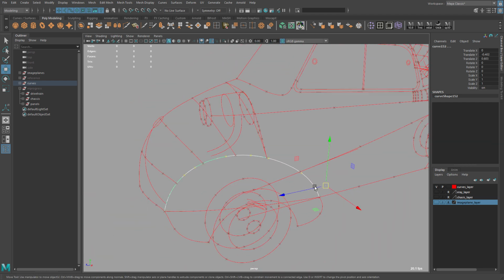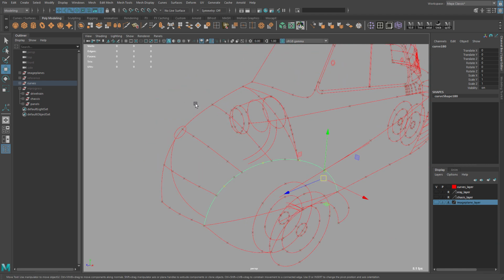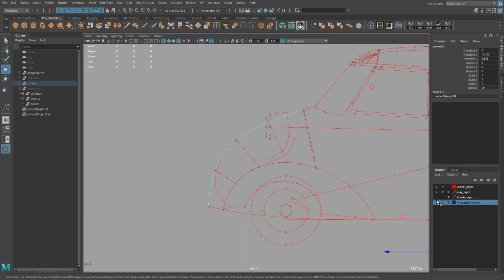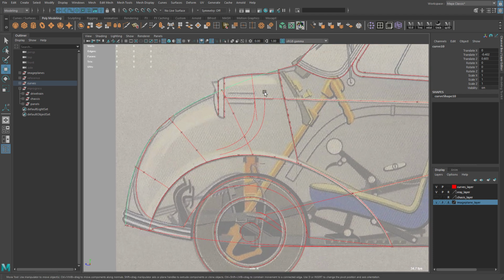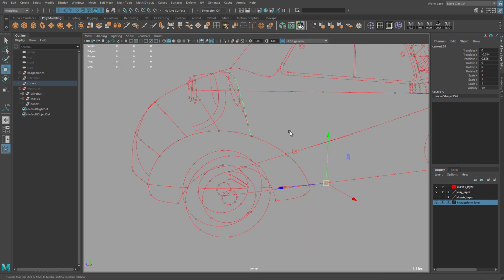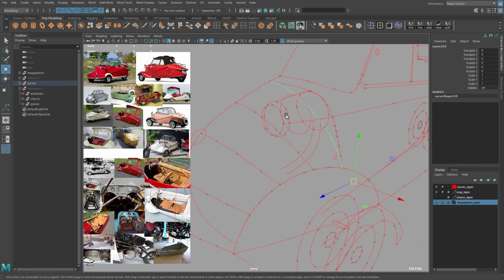So from the last video we made curves for the fender, so you can use the same curves to continue the car. So you make a curve for the front of the hood like this, and if we show the image planes, so this is the curve to match the hood, and then we have a curve this way. Now I have two curves here because one curve is for the shape of the hood.